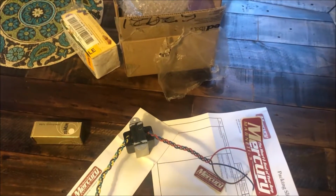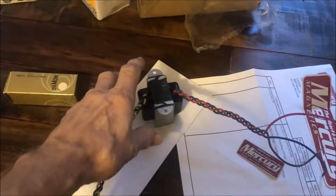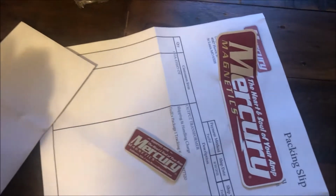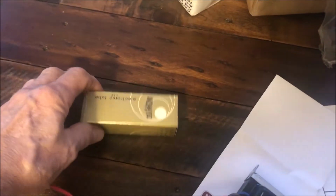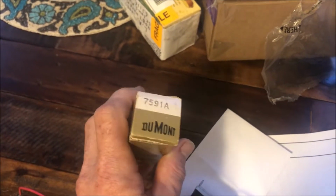Well, yesterday was very fruitful in the mail department. I got this nice output transformer from Patrick over there at Mercury Magnetics. Nothing's too good for my dog. Nothing but the best for my dog, that is. And also my pal Catfish, on an unrelated note, sent me a 4th nice